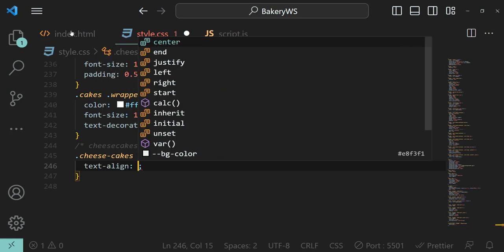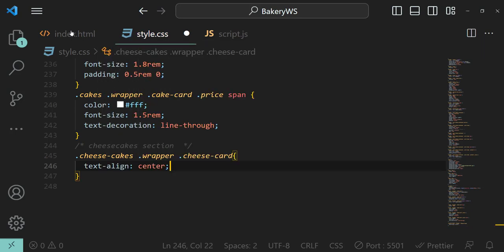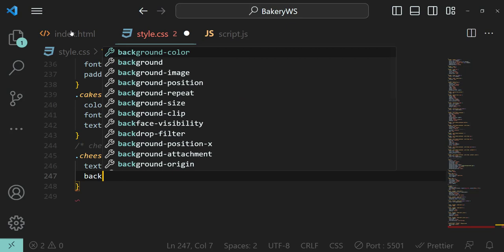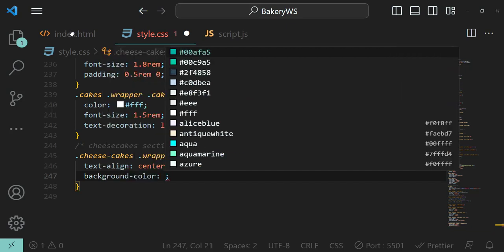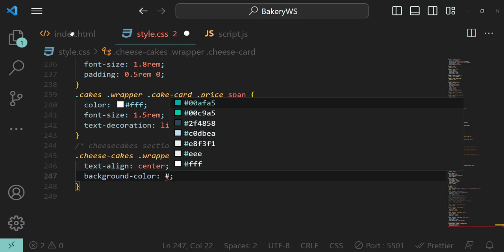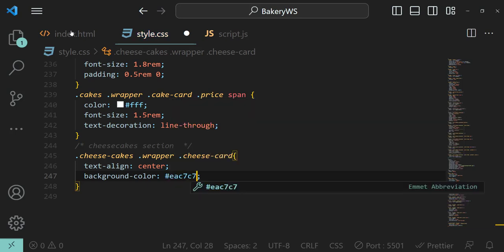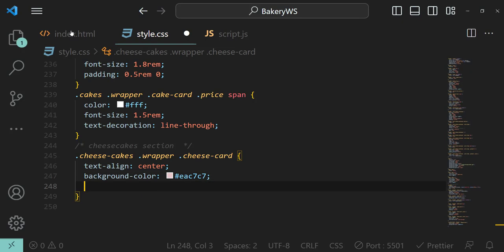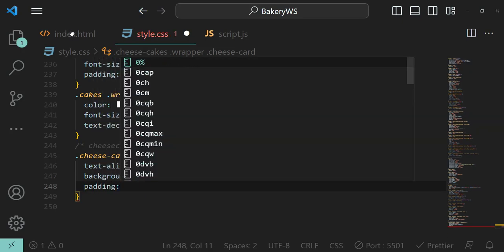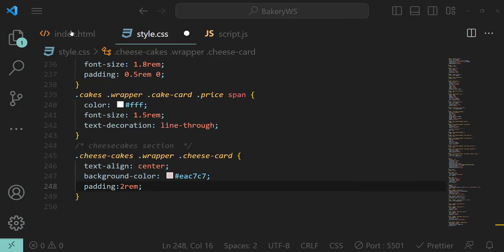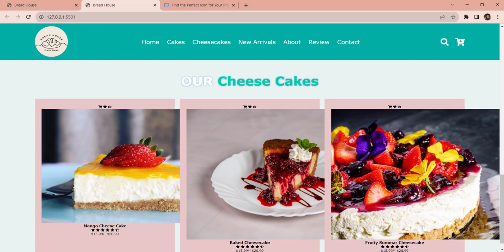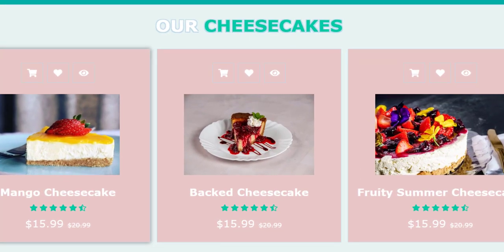Let's say text align center to bring everything in the center. Let's give background color, and since this color is going to be used only at this place, so let's not create any variable for this one. Okay, then heading all around is 2 rem. Let's have a look. Okay, so this is how it looks, and if you notice this one has a border,